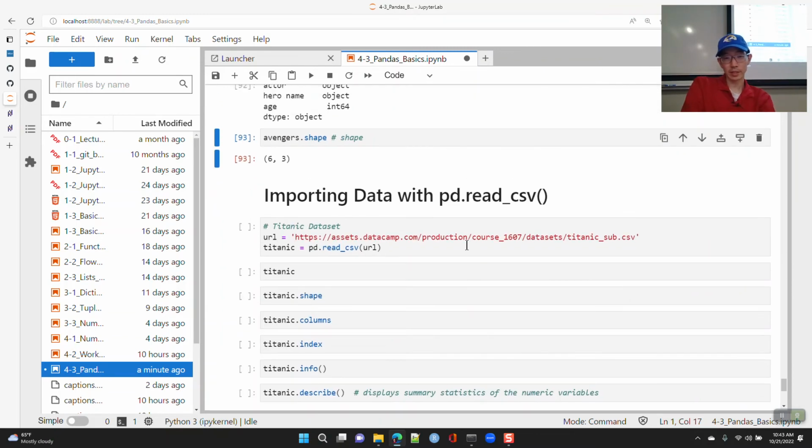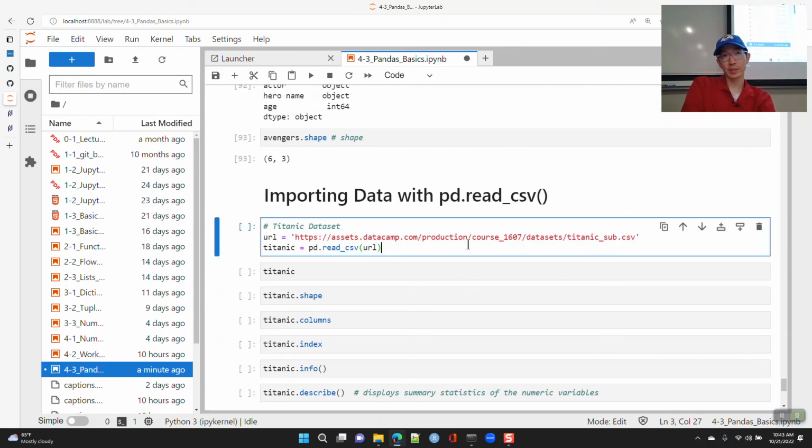All right, and then the last thing, if you have some CSV file, you can give it the location. So you can give it the location on your local disk, right? So on your local hard drive, if you have Titanic.csv, you can do Titanic.csv. If the data set exists somewhere on the internet, you can give it a web address and it will just read it in. A lot of times there's just files directly available on, say, GitHub, and you can just read it in directly from the URL. So this will work.